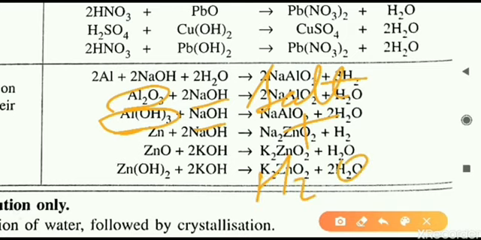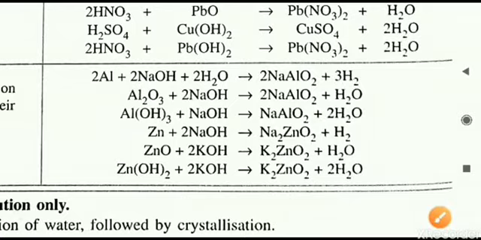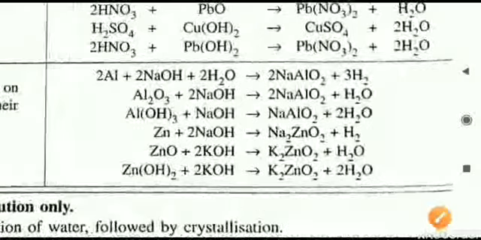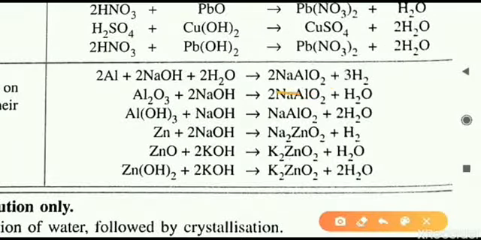If we are reacting alkali with normal metal only, we will get hydrogen gas and salt. If we are using metal oxide or metal hydroxide in place of metal, then what we will get is water. That is the difference. In the general equation form we can write that. So all these equations you can see here. Now one more thing, notice the difference here. What is formed here? This thing is NaAlO2. Let us see the equation first.